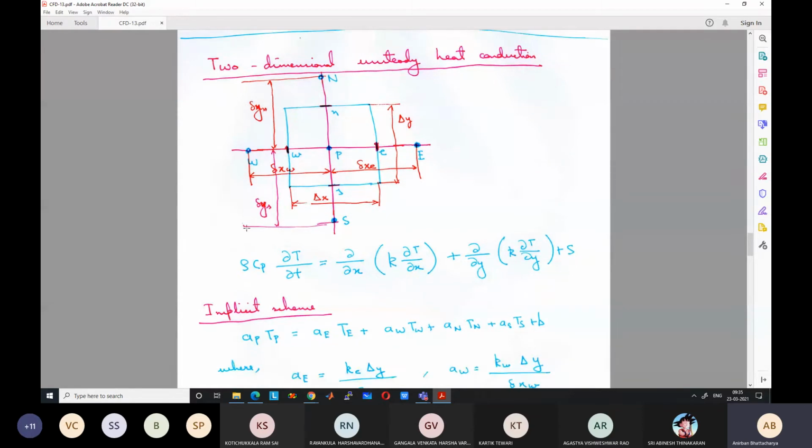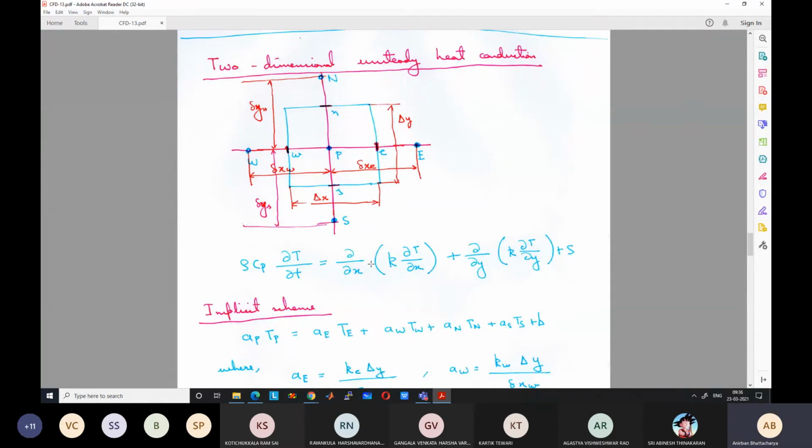And our 1D equation, because we also know how to treat the unsteady term, is the general 1D equation, unsteady diffusion with source term. The only thing left is the convective term, which we'll start discussing in the next chapter, starting from the next class. So for this two-dimensional unsteady heat conduction equation with source term, the governing equation looks like this: rho Cp del T by del t equals del by del x of k del T by del x plus del by del y of k del T by del y plus S. So you have two diffusive terms because of the two-dimensional nature of the problem.